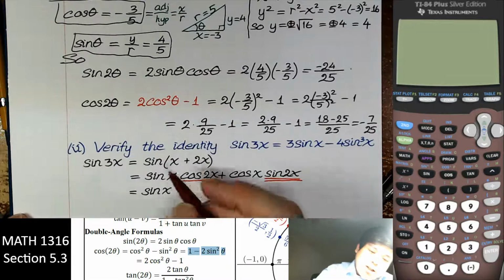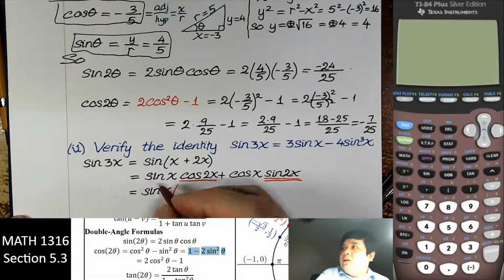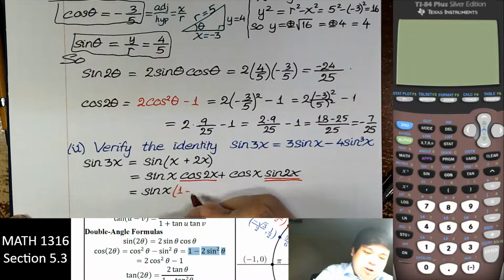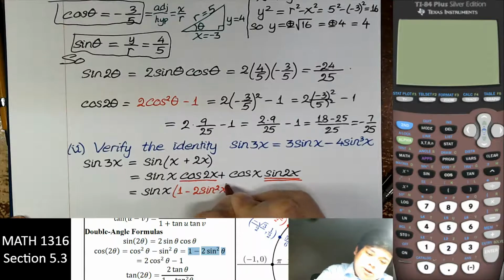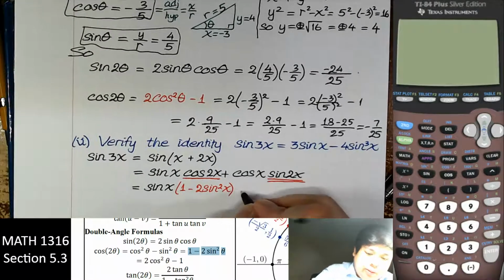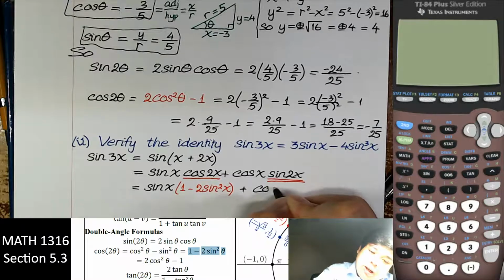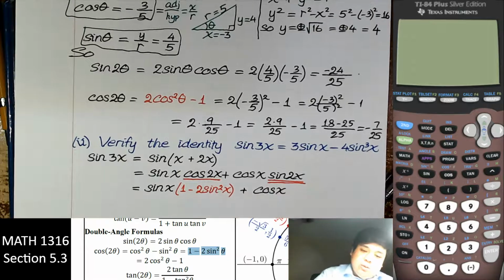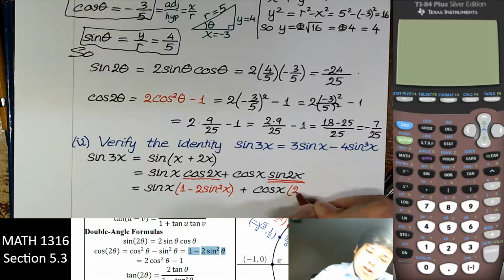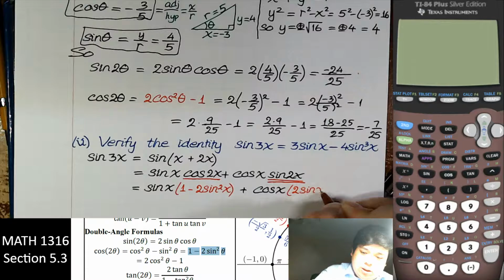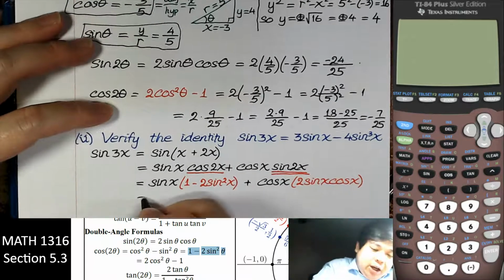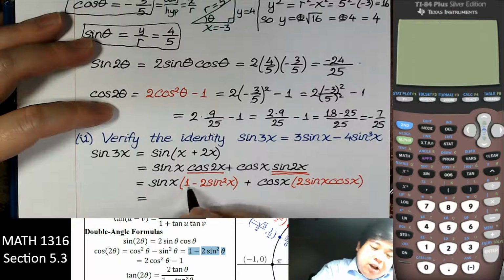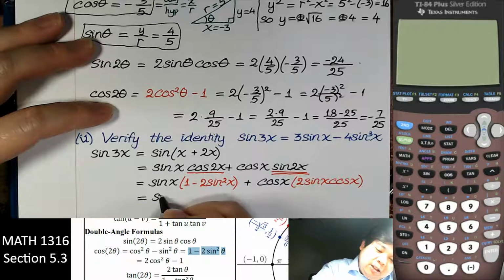The cosine of 2x is 1 minus 2 sine square, and then sine of 2x is 2 sine cosine. Right, and now I will multiply this out. Sine x times 1